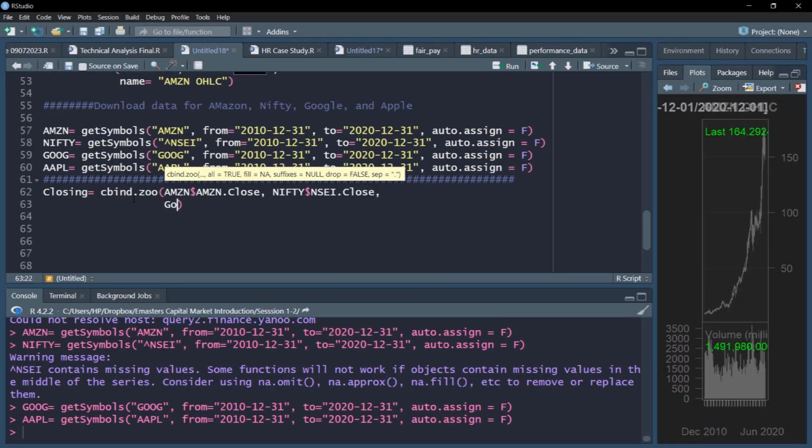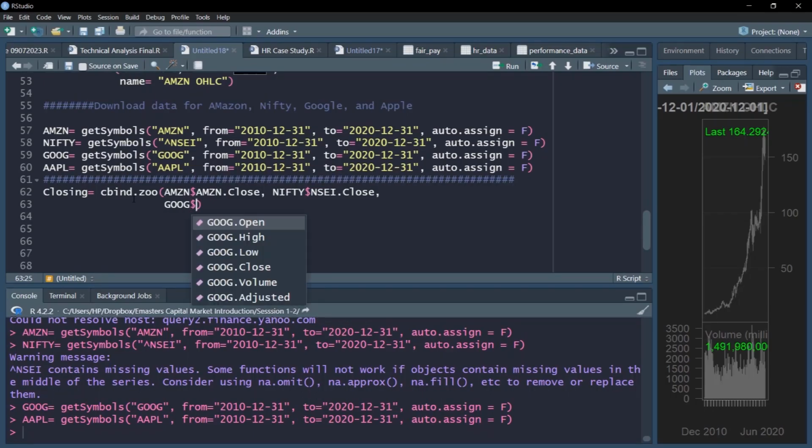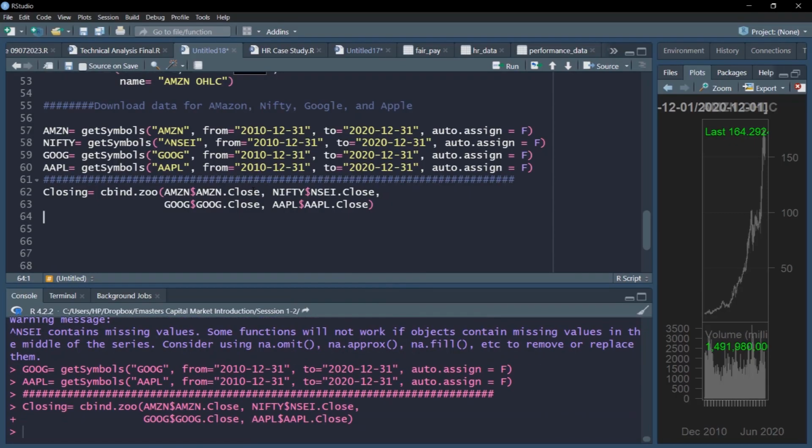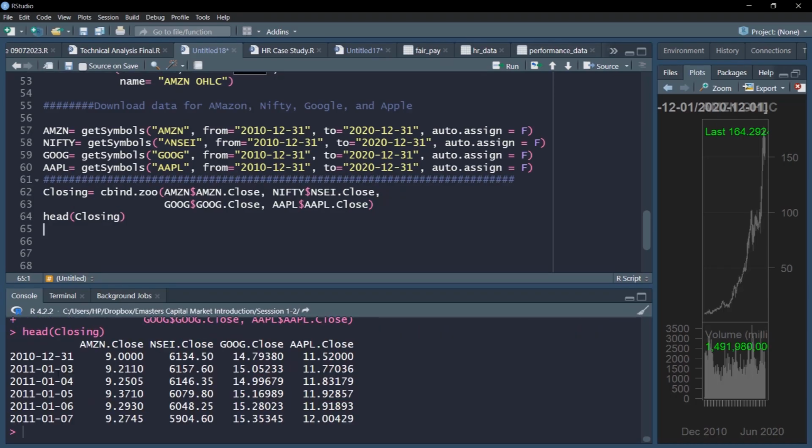Next we have Google, we'll use the Google close. Lastly we have Apple, and we'll use the Apple close. Let us run this command and see if we have obtained all the relevant series in closing. Yes, we have, and they have these data properties attached to them, which come from the original data that we downloaded.